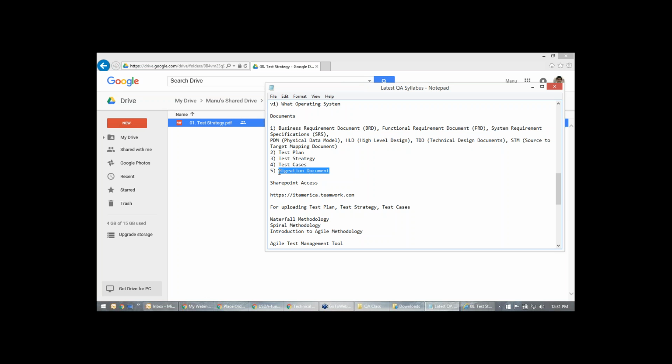Now let's say you need separate documents. Why do you need separate documents? Because the way of writing SQL queries is different in Teradata and different in Oracle. That's fine, but the way the data gets stored might also be different in each.